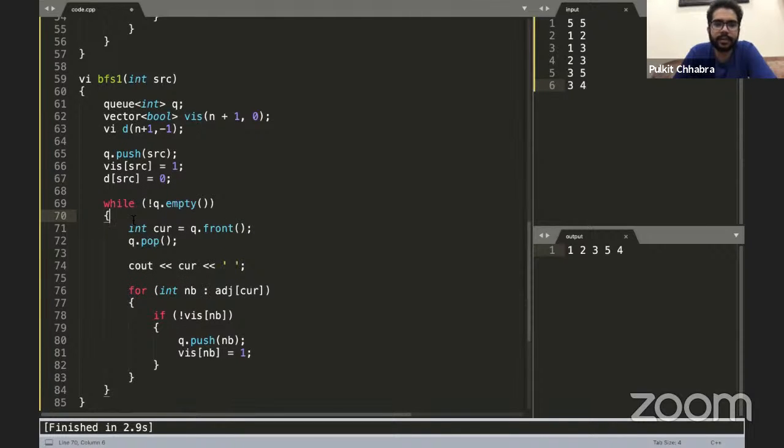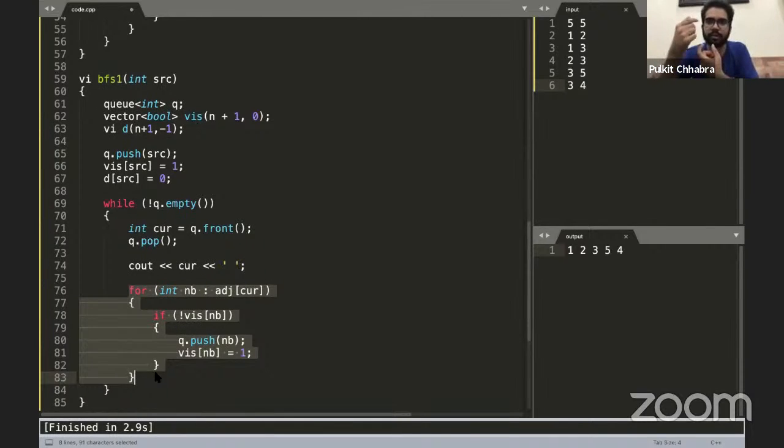And like we said, for any node, the distance of that node is going to be the distance of the parent plus 1, right? So now when I'm pushing these neighbors, I need you guys to understand that the current node is the parent of the neighbor node, because the neighbor node has been visited through this current node.